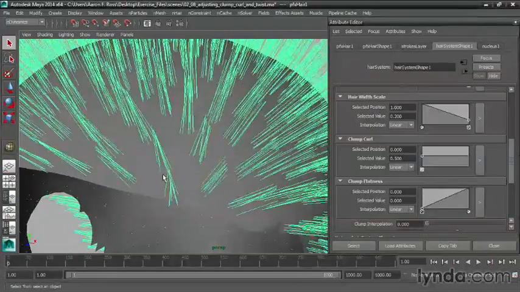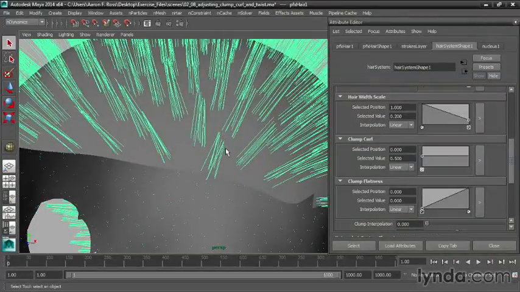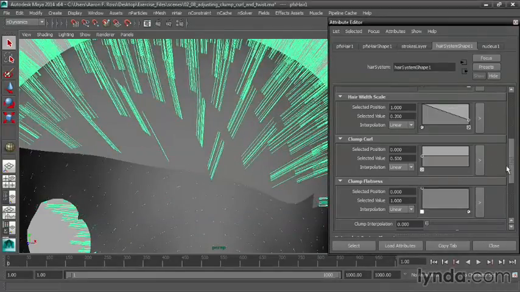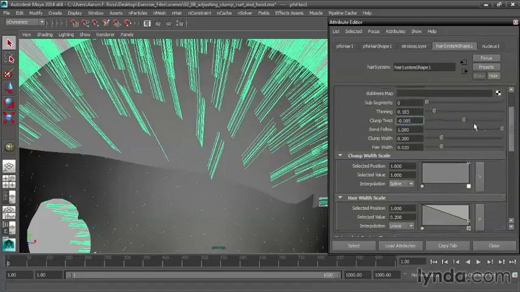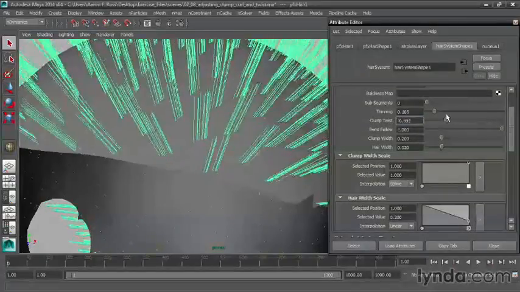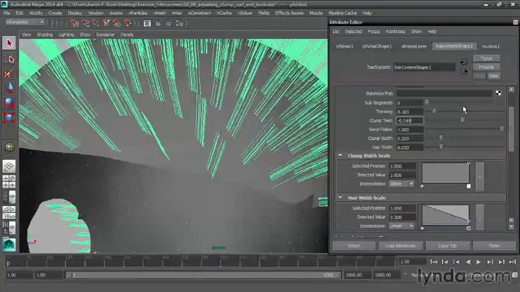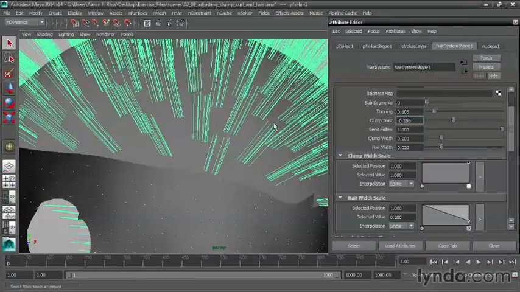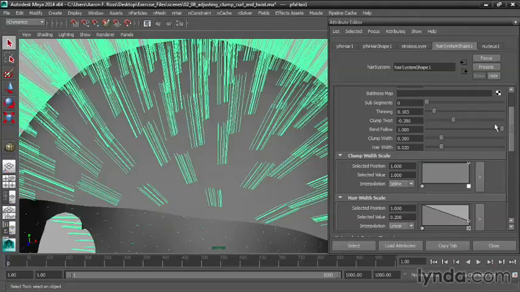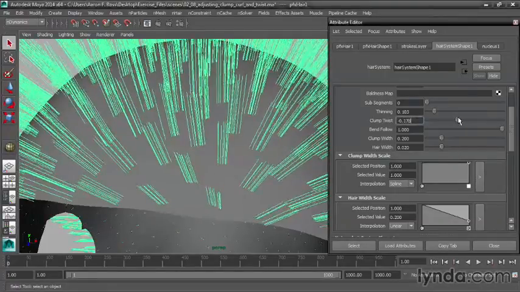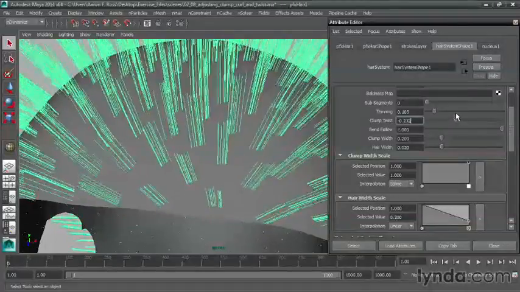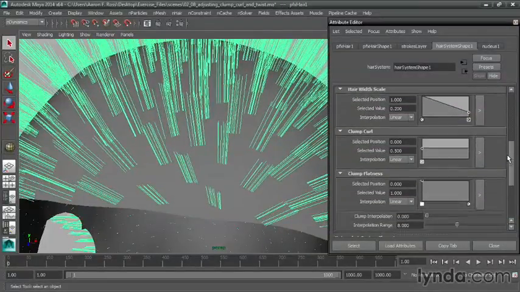So you'll see those are coming to a point, but it's coming to a linear point. It's a linear shape rather than a single point as we saw with the clump width scale. And then if I give the clump flatness a value of 1 throughout, then the clump twist will be more relevant. You can see what that's doing now. I can rotate those. They start out being aligned according to the UVs, and what we do here when we adjust this clump twist is we rotate them relative to that starting point. Very good. So I'll turn the clump flatness back off again, delete that point, and bring this one back down